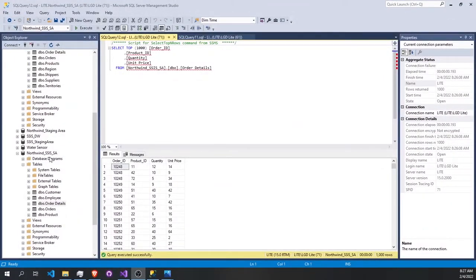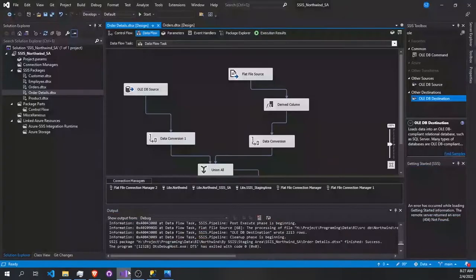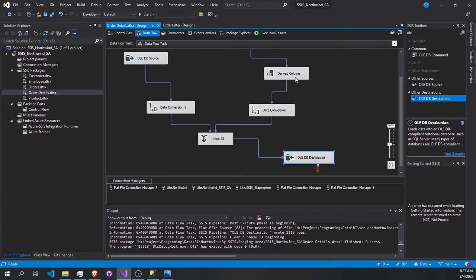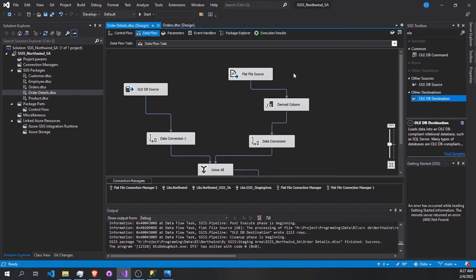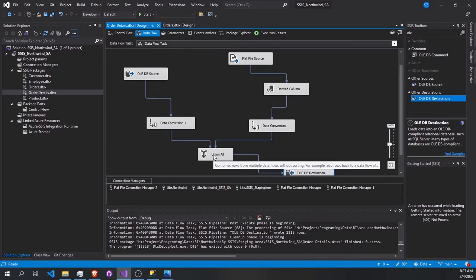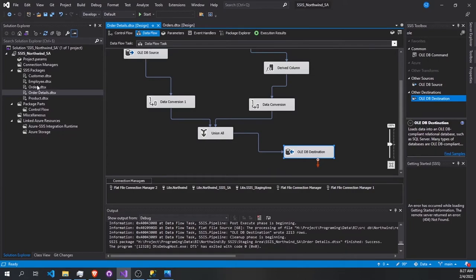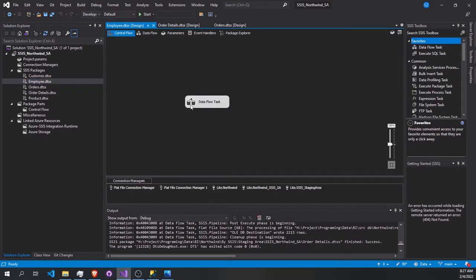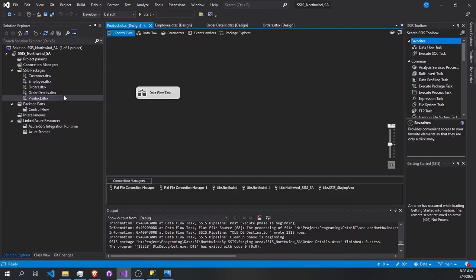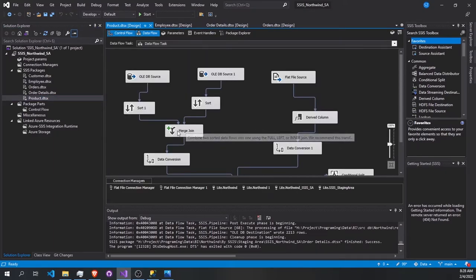So this is how we deal with the staging area. As we did in our Talend, we create our job designs, which are the packages in our SSIS, and create our components. We use tMap, and we saw how to implement the tMap in our SSIS with different components like derived column and then the conversion, and how we merge or concatenate the data tables using the tUnite, the union all here, as a tUnite component in Talend. And there are some components like in the product table here, as you see, the merge component